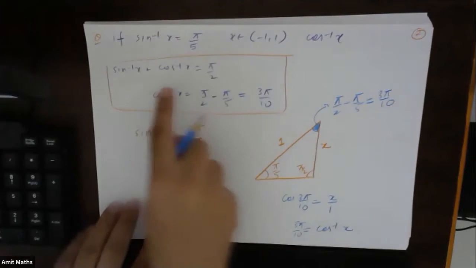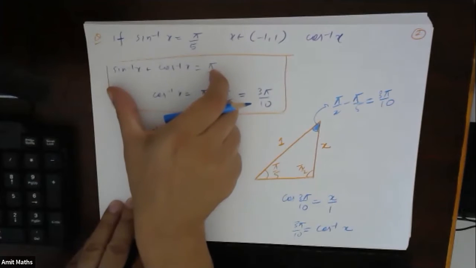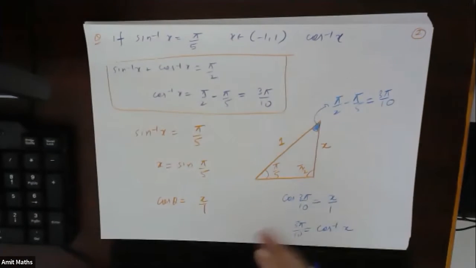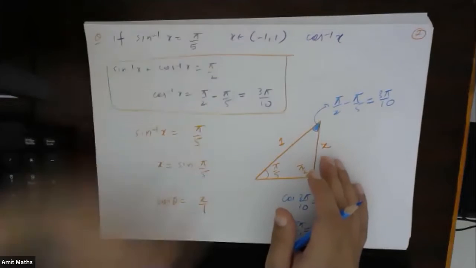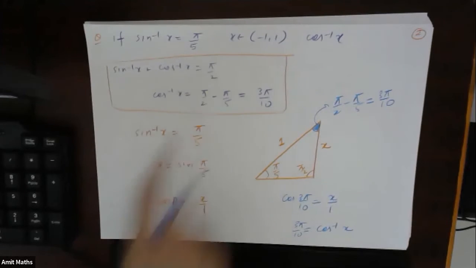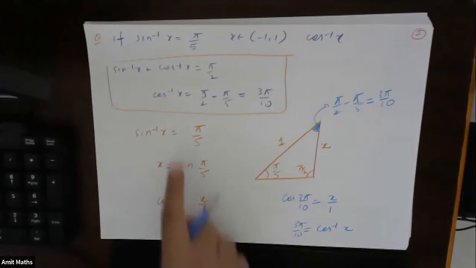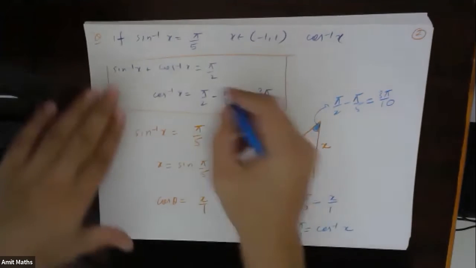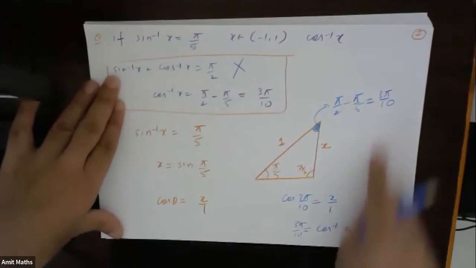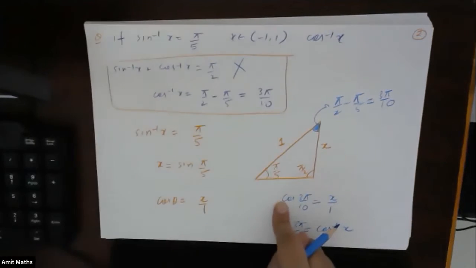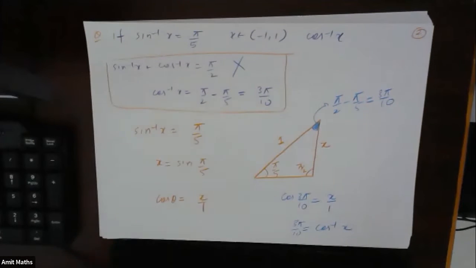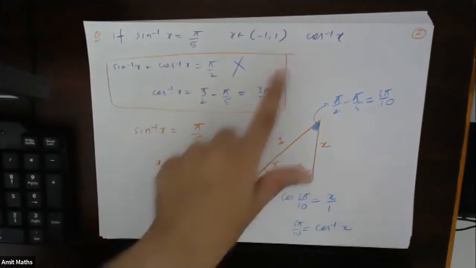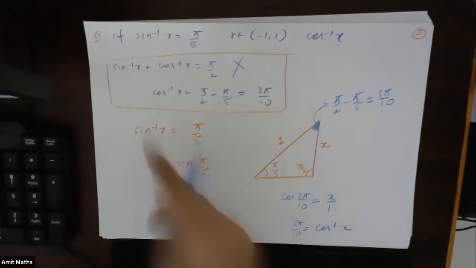Understood? So basically, we have seen this result directly. Even if you did not know the first result, even by drawing the triangle, you will get the same result. If I would have simply drawn this triangle, which we have already done before, without using the property, we would have got the same result, right? But why are we using the property?